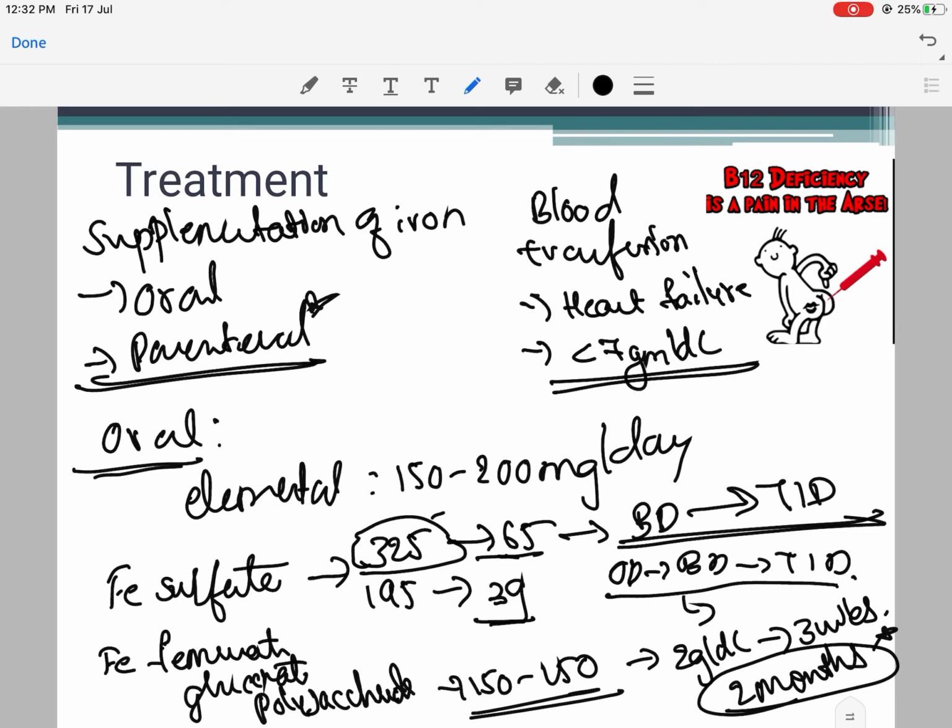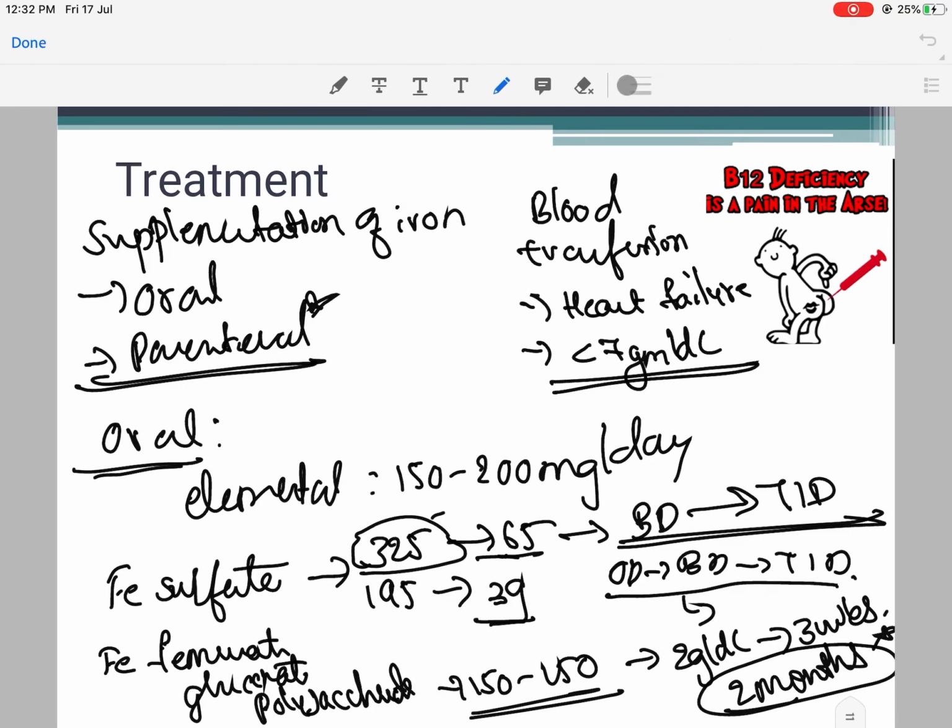So what you do is that after fasting for 12 hours, give the patient 2 tablets of iron, and then after 2 to 3 hours measure his serum iron. Serum iron should increase by at least 100 microgram per deciliter after 2 tablets of iron. If there is no increase, that means there is faulty absorption of iron from the GI tract. So you need to treat that first, or switch over to a parenteral preparation before treating the patient.